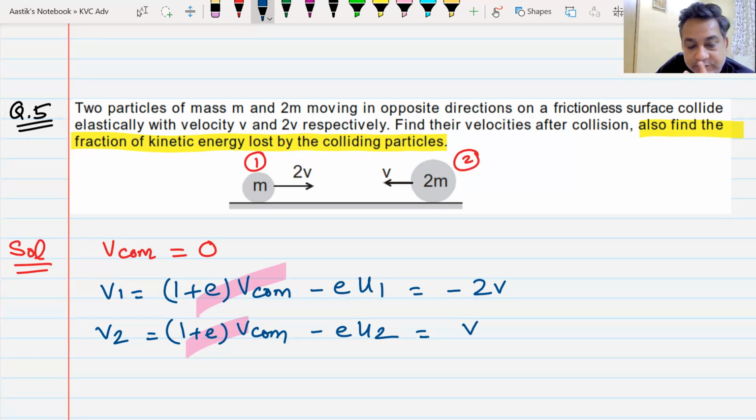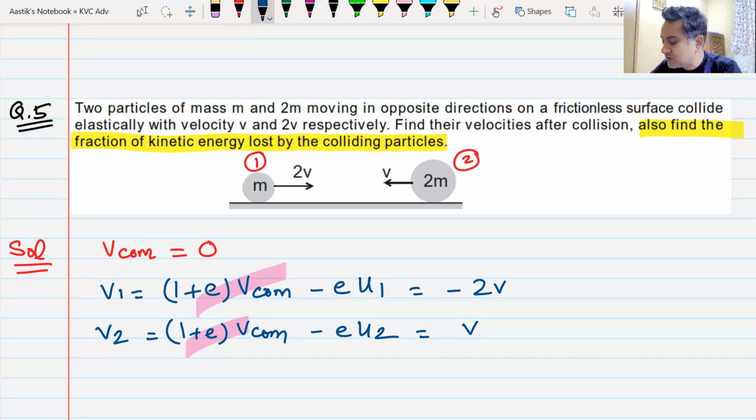Sir, the question is wrong, sir. In the question they have given mass m has velocity v and mass 2m has velocity 2v. Oh, yes. I did not read it. I got minus 5/3 v and v/3. You are absolutely right. I did not read the question properly. My mistake. I just looked at the diagram and solved it from the diagram. I did not look at the question. You are correct. So I should change this question.